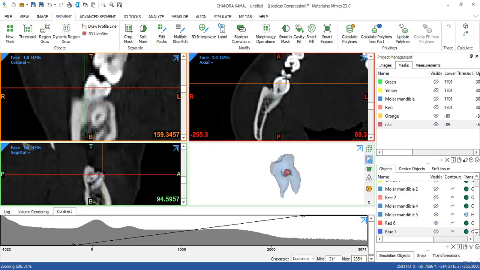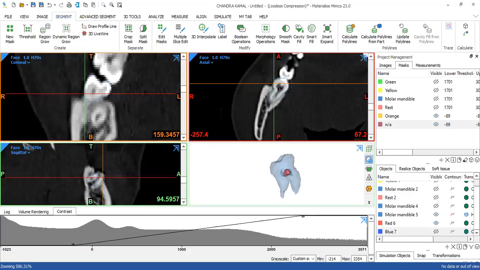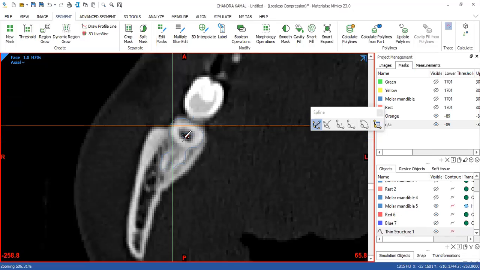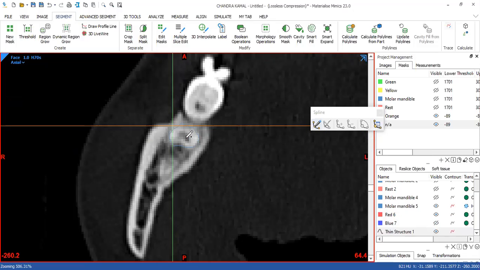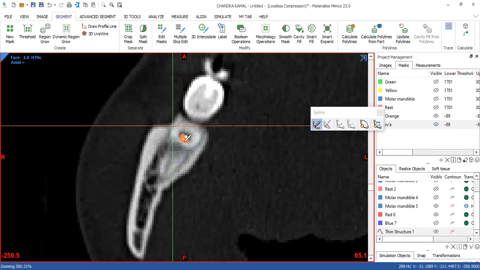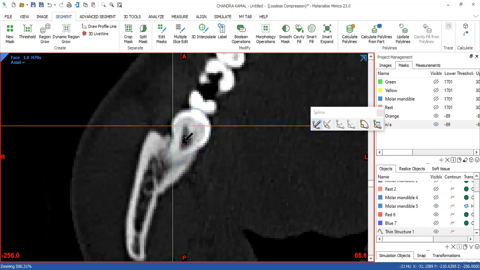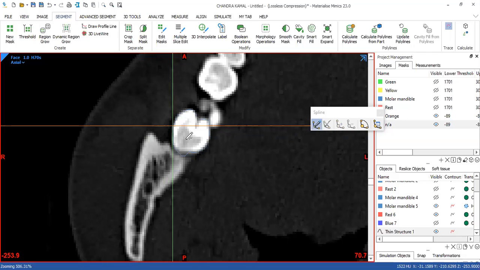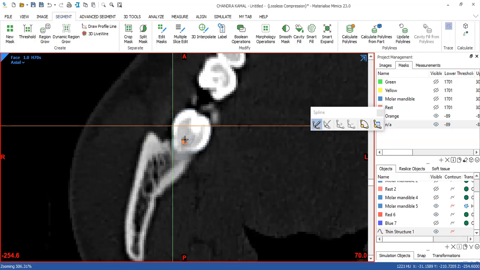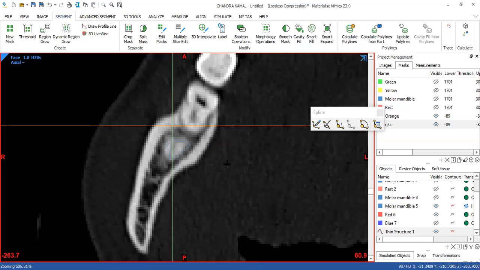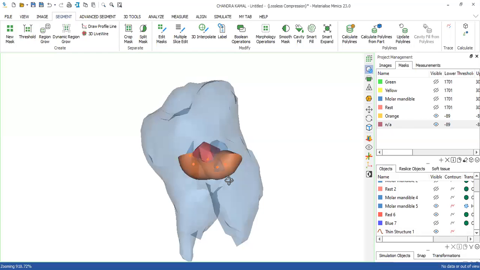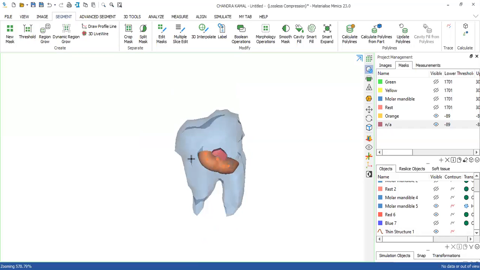Another easiest way of tracing your canal is using the trace option that we had used. You just keep going. So this is what it looks like using the trace option.